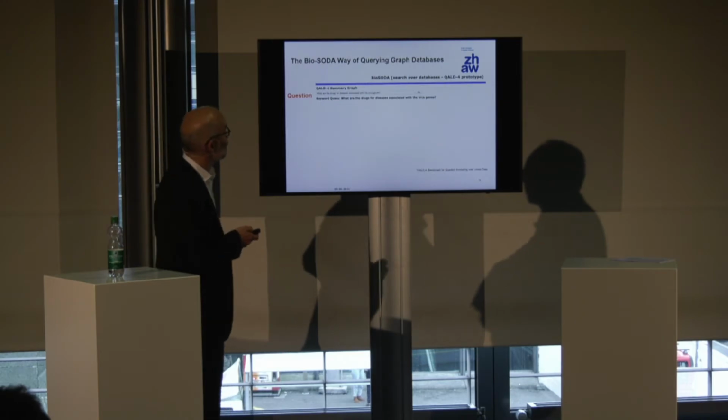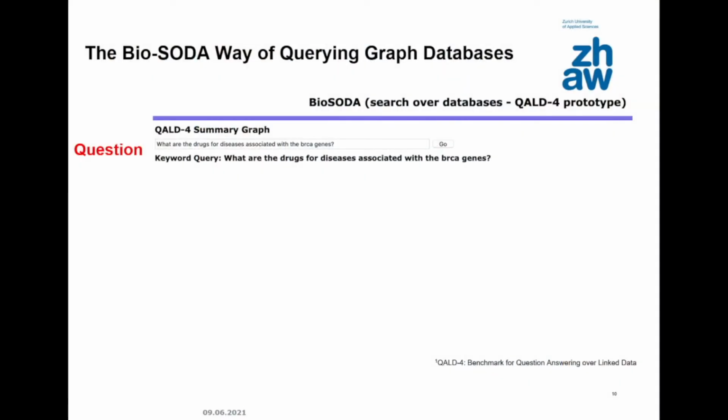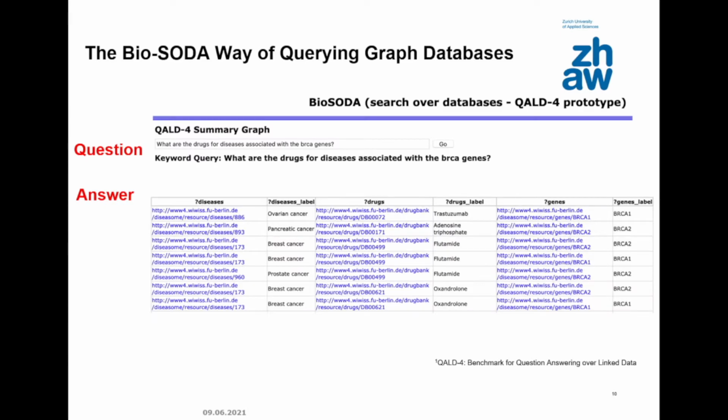You want to have something more like this. This is a system that we have built at Zurich University of Applied Sciences together with the Swiss Institute of Bioinformatics. These are the guys that produce the protein database, a very famous worldwide used protein database. We can type in here the natural language question, and then with a certain algorithm, we translate it back. You want an answer, and the answer is a table like this.